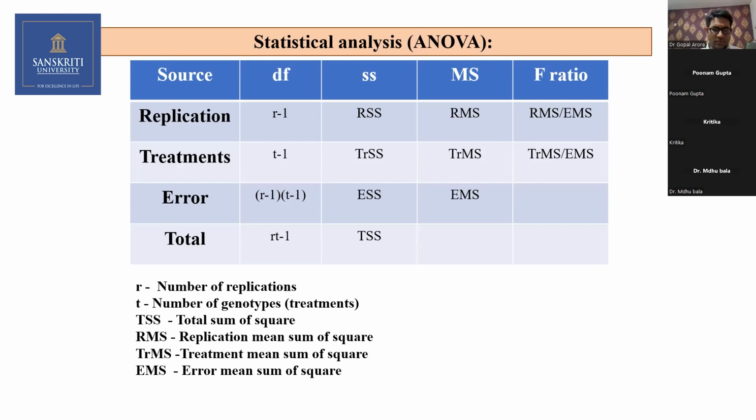Similarly, whenever you have only one kid in a family, he will get more resources. When you have 2 kids in a family, the resources decrease. Similarly here, replication and treatments are 2 sons, so the error decreases here. Okay, now all other things are the same. But here there are 2 null hypotheses, one for the treatment, another one for the replication.